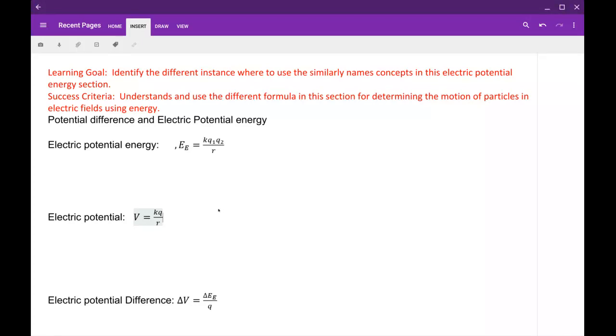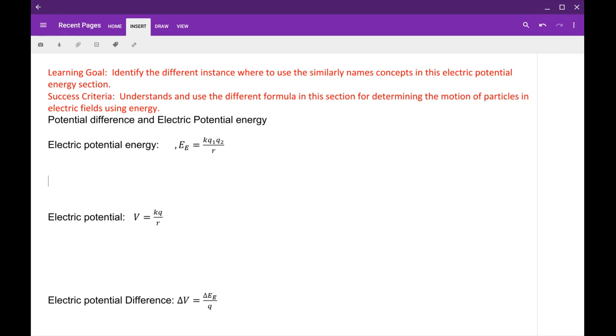We're doing electric potential energy and potential difference, and so we're basically going to be talking about those today. All right, so first off, the learning goal is to identify the different instances where to use the similarly named